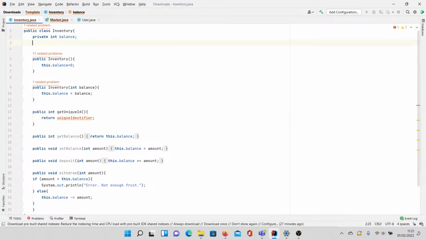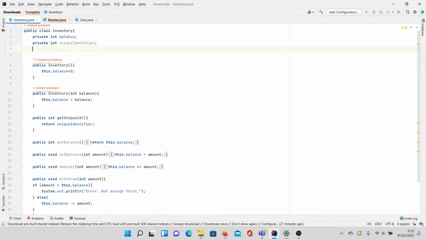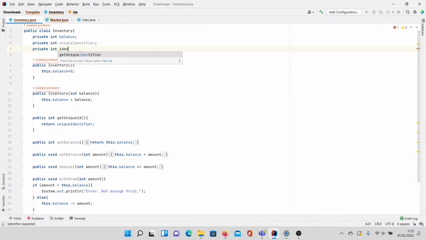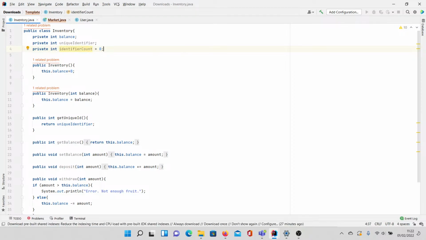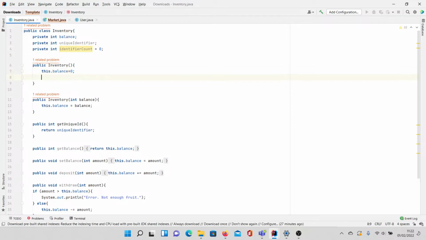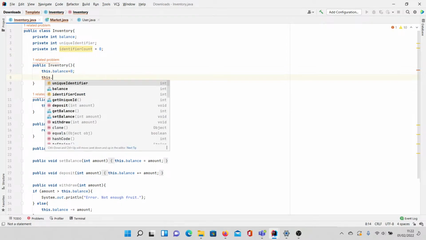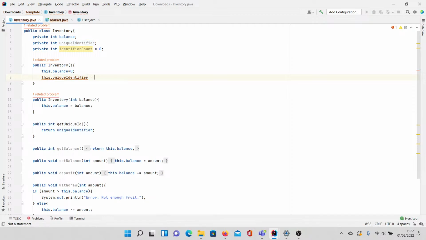So what we're going to do here is we need to get a private int, and also we need to be able to count all of the identifiers, so a count. I think that should be okay. So identifier count, and we're just going to set that to 0 for now. And essentially in all of these, we want to add this.uniqueIdentifier, and that should be equal to our identifierCount. So every time